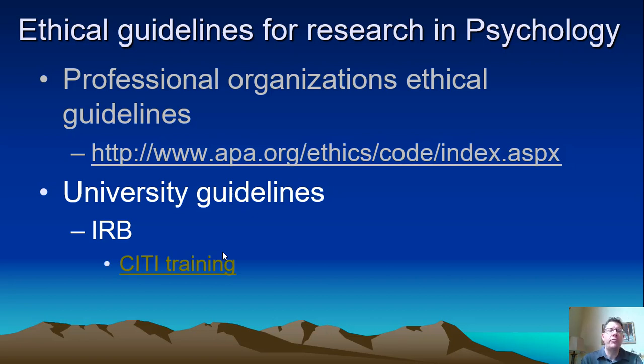And part of university guidelines, at most universities I think anymore, is something called CITI training. And this stands for, I think it's Collaborative Institutional Training Initiative, something like that is what CITI training stands for. And CITI training, basically what it's doing is, after the Tuskegee study, there was a group of scientists and ethicists that got together that kind of created another round of ethical guidelines that researchers should follow. And this was called the Belmont Report.